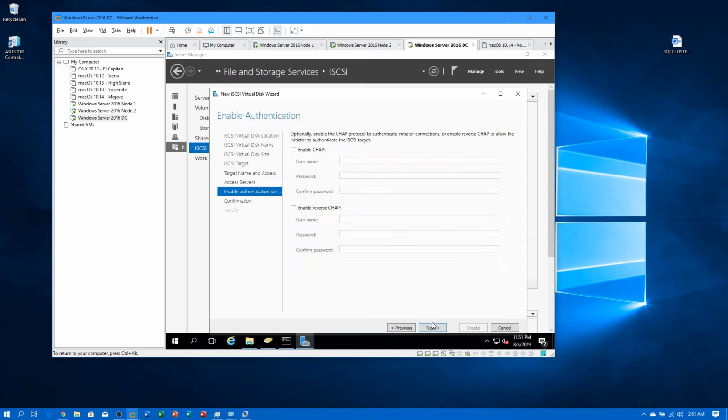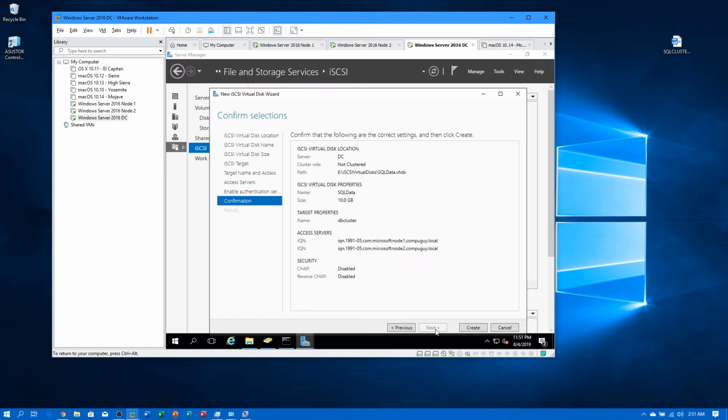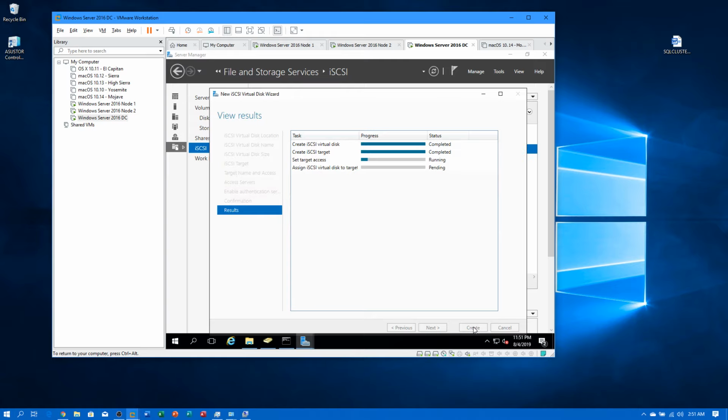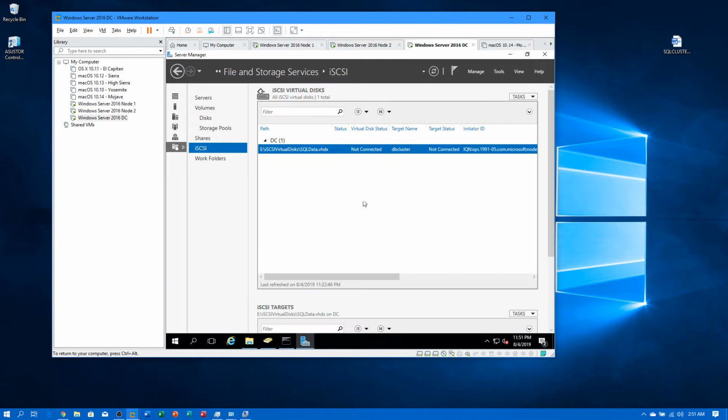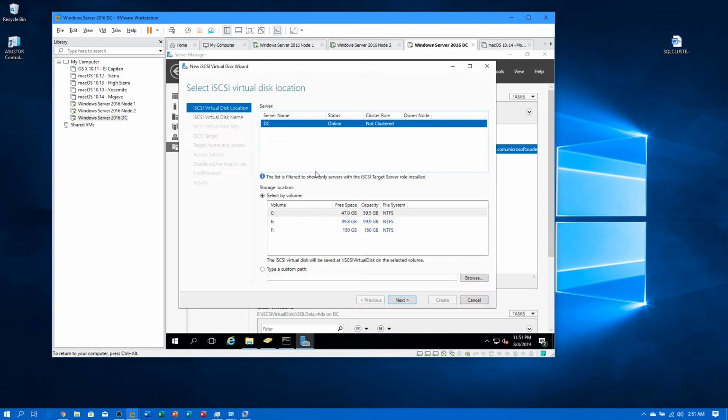So let's click next. If you need to add challenge handshake protocol, you can do that, and that gives a little more security. In our lab, I'm not going to bother configuring that, but if you wish to put a password, you can. Next, and then create. So now what we've done is we've created the DB disk data, SQL data. We need to do this several more times. So again, the 100 gigabyte disk,